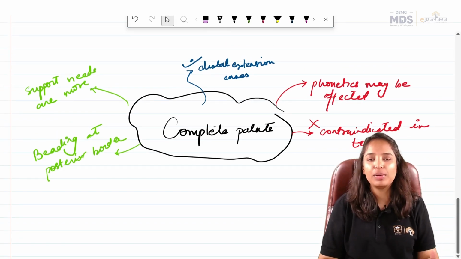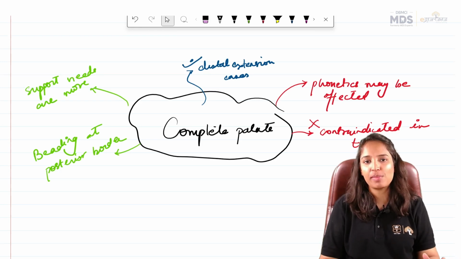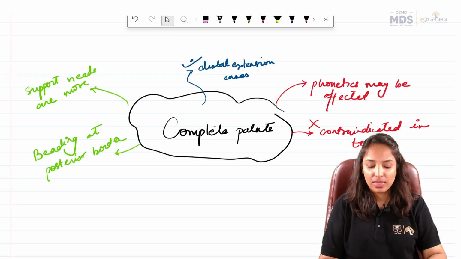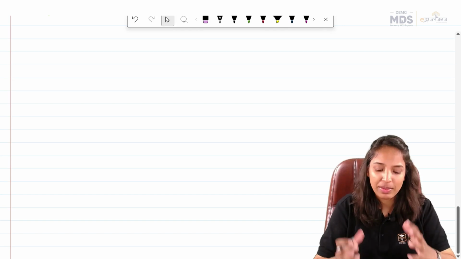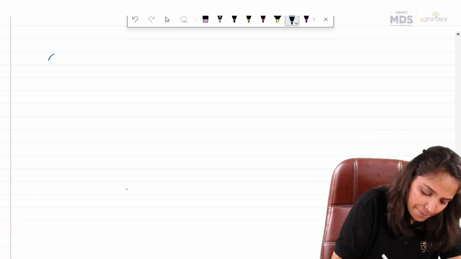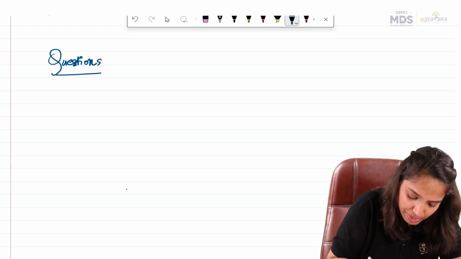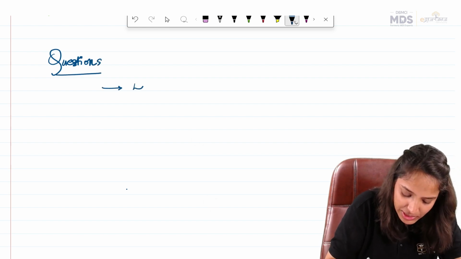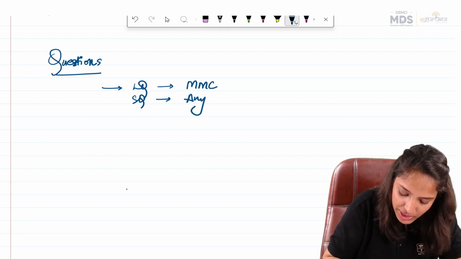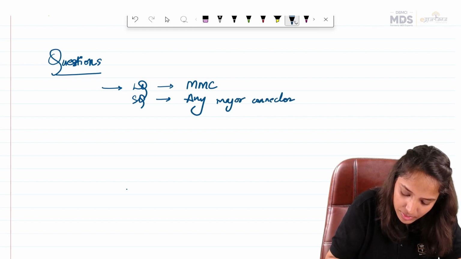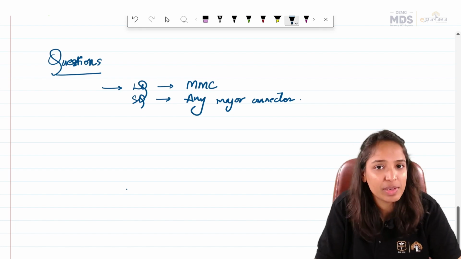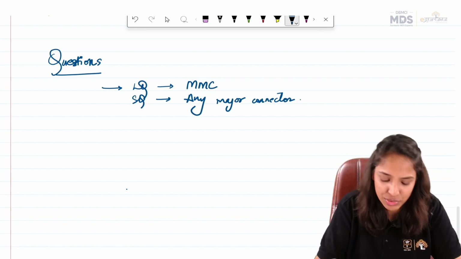With this, we complete all the 6 varieties of maxillary major connectors. The questions that can now arise out of them, let us have a look at it. Like I discussed early on at the beginning also, the question that can arise is a long question on your maxillary major connectors and a short question on any major connector. This is for your final BDS students, and for our NEET students,